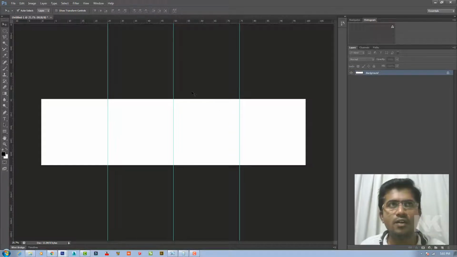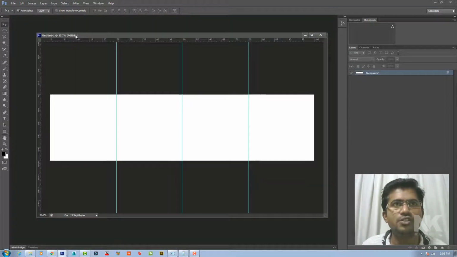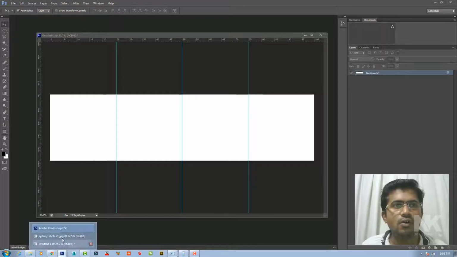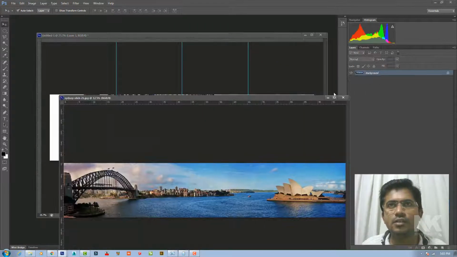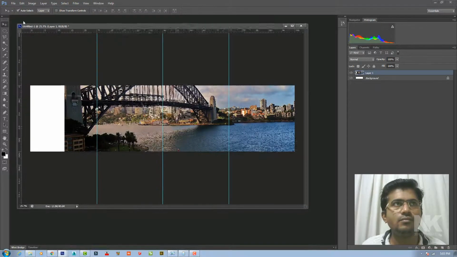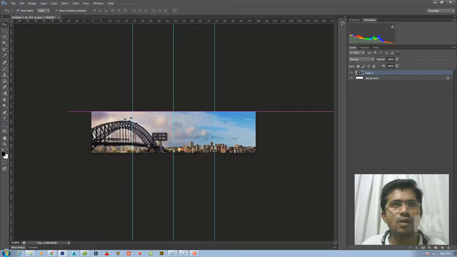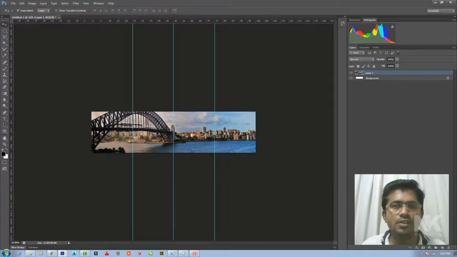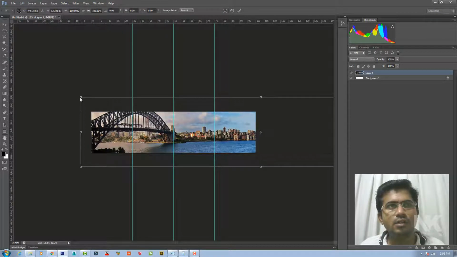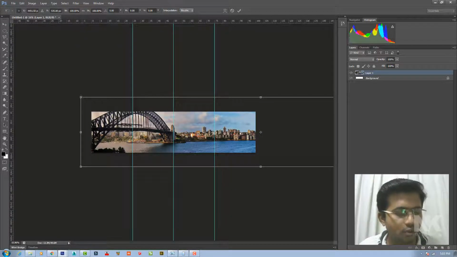Now the other thing we have to do is to place the panoramic image here. So click and drag this image here, minimize this. I now want to resize the image. I want to scale down the image a little bit, so I will press Ctrl T on the keyboard, and I want to scale proportionally, so I will press Alt Shift on the keyboard.